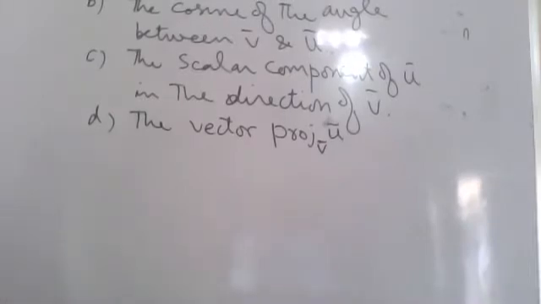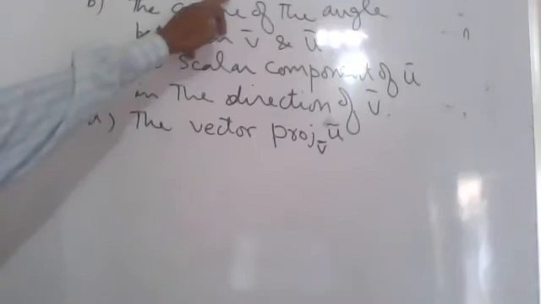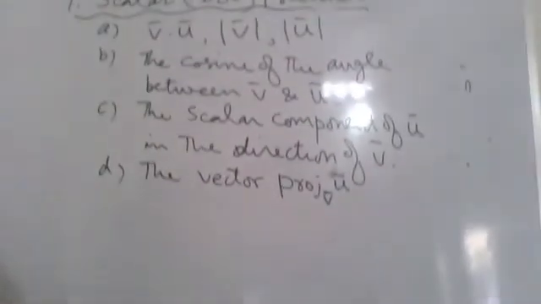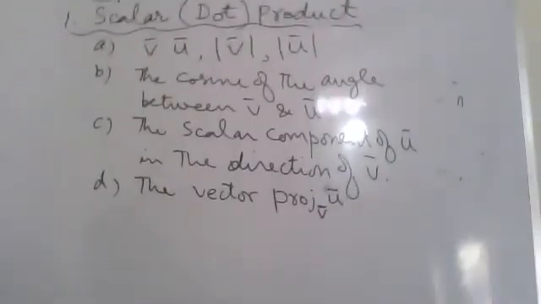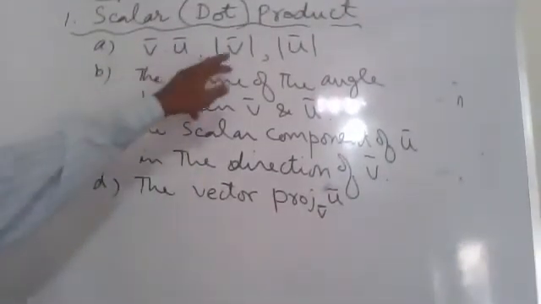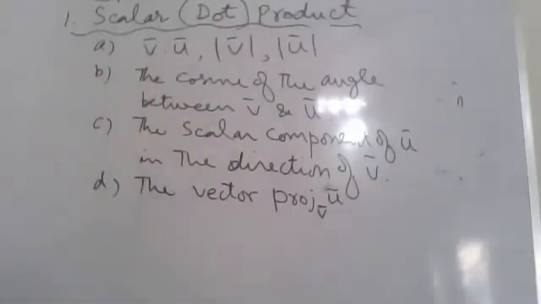Okay, so we are doing these questions. First of all, we'll find v dot u, then we'll find the magnitude of v and the magnitude of u. Then the b part. We are doing question number 1.